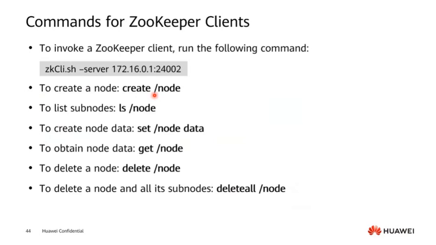Here are some common commands for Zookeeper clients. If we want to invoke a Zookeeper client, we can run such a command. Here, 172.16.0.1 is the IP of the server, and 24002 is the port of the instance. We can use create to create a node, use ls to list subnodes, use set to create node data, use get to obtain node data, use delete to delete a node. This is all about